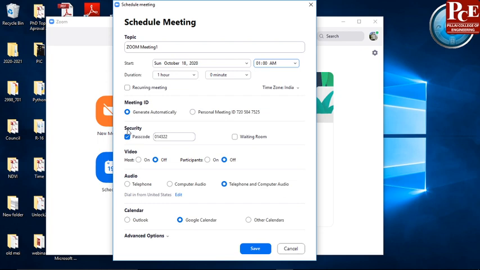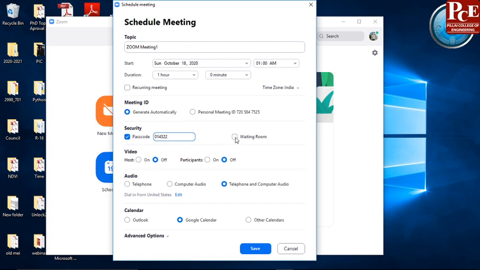Then security. Whenever you are generating any meeting, you should have some control over your attendees. So you can give a passcode, or you can change this passcode also, so that your attendees can join your meeting with this passcode. You can give this meeting ID and passcode to the students so that they can join your meeting.